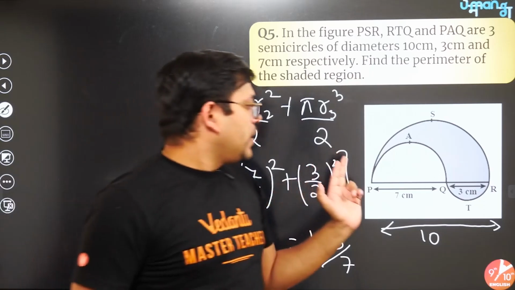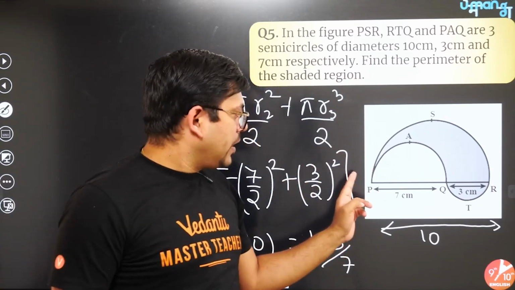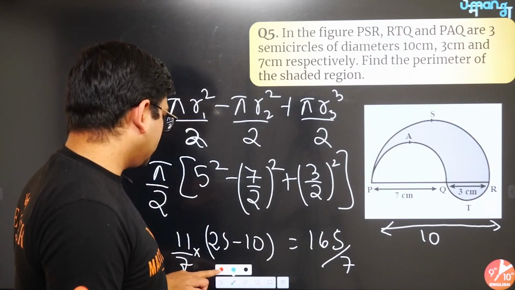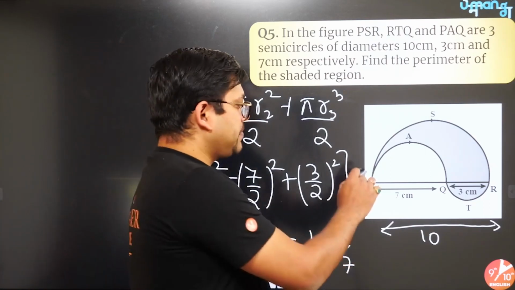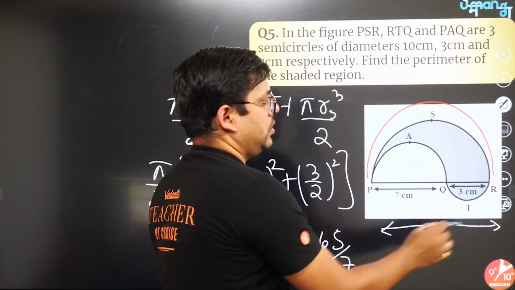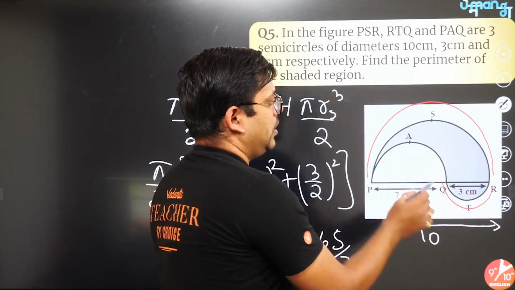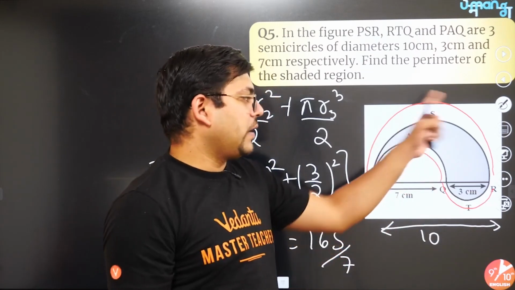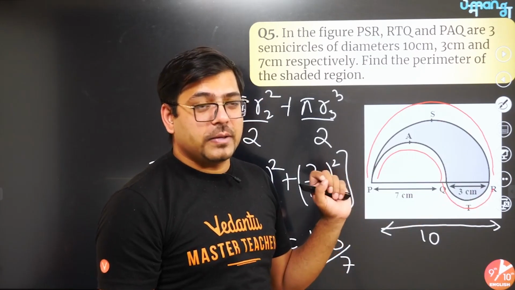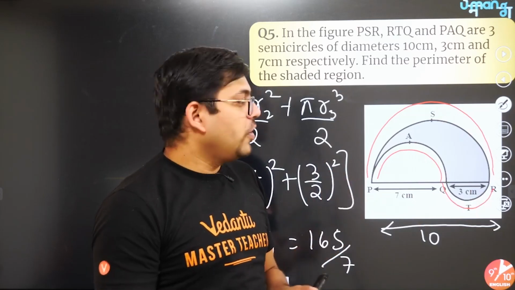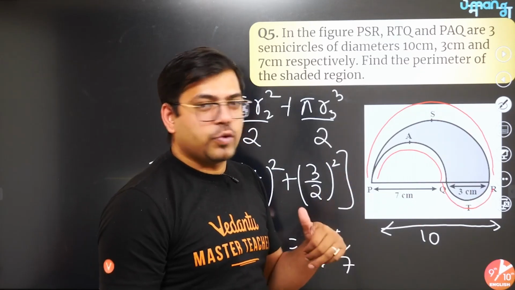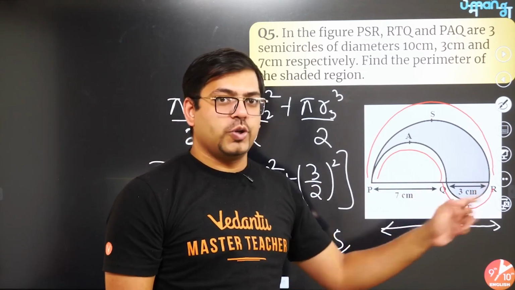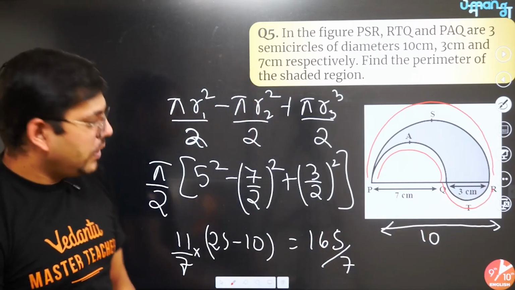I'll do that. So in the perimeter, what you'll have to do? See this one. Let me just change the color. See, this one you'll have to add. This one you'll have to add, and then this one also you'll have to add. So everything will be added only. So 2 pi r is the perimeter of the entire circle. For a semicircle, it will be pi r, half of 2 pi r. So pi r1, pi r2, pi r3. So pi r1 plus pi r2 plus pi r3, and that has been written.